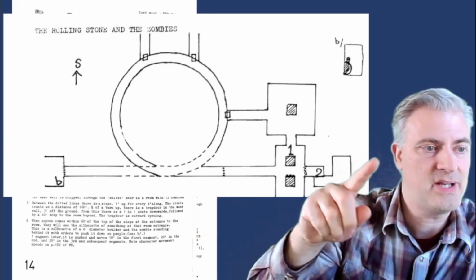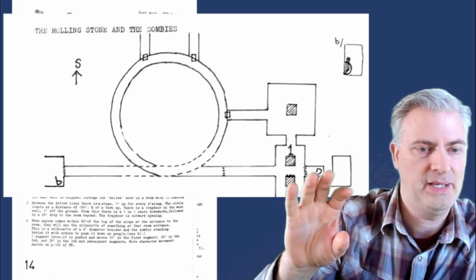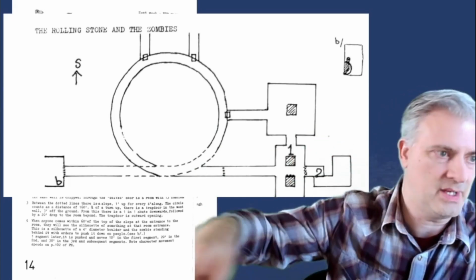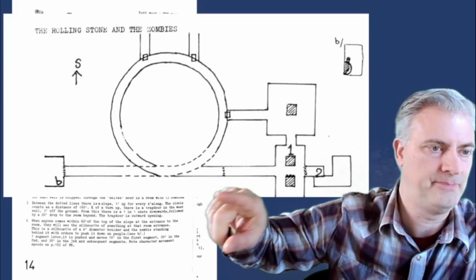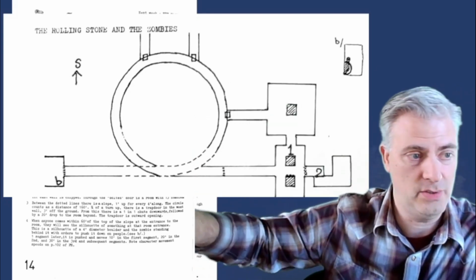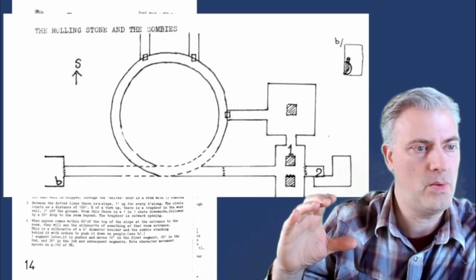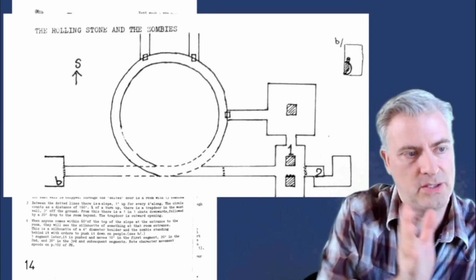When you get to the very top, there's a zombie who basically says if you see anything, you push this giant boulder, and the boulder rolls down and slopes all the way down, and it'll, sort of Indiana Jones style, crush you if it hits you. They have a couple little ways out of it. It doesn't fill the entire hallway, so if you're smart enough, the circle, right, the ball will go to the